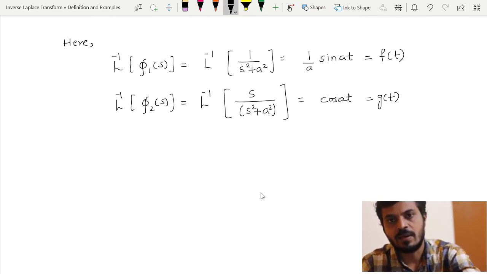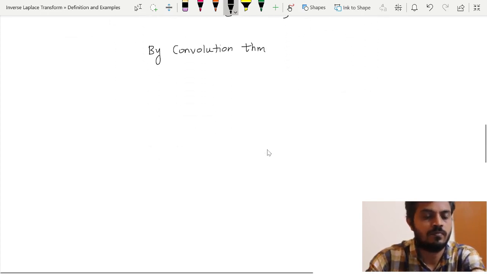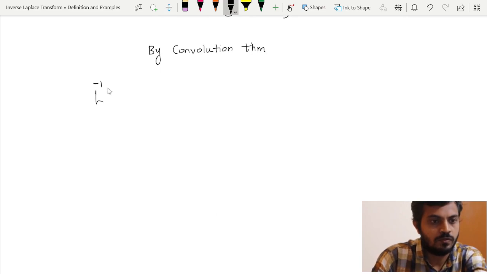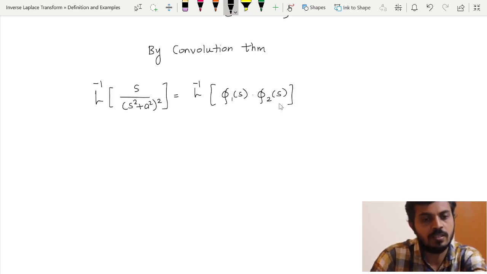So immediately I will say by convolution theorem, L inverse of s upon s square plus a square whole square, which is nothing but L inverse of phi 1 of s multiplied by phi 2 of s, is nothing but